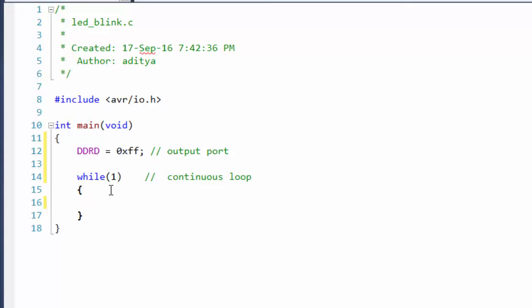If DDR is high, it is configured as output; if DDR is low, it is configured as input. We will see that in later codes, in later videos. Now if you want the LED to blink continuously after some duration, you have to simply give a command to the port, high and low, to toggle the LED. So what you will do,